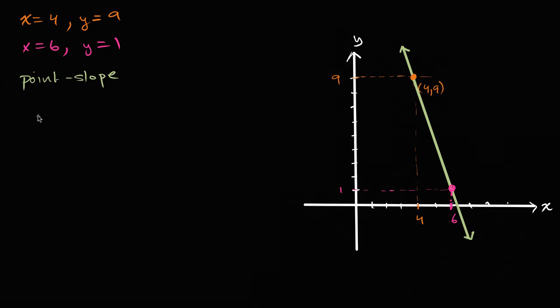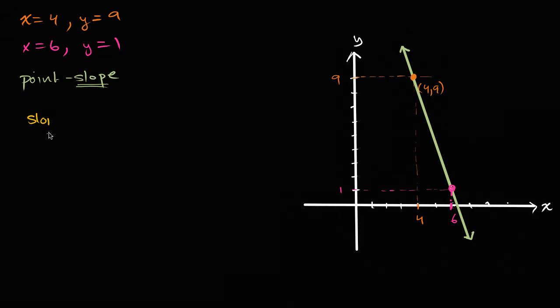Point-slope form is very easy to generate if you know a point on the line, where the x and y coordinates satisfy the linear equation, and if you know the slope of the line that represents the solution set of that linear equation. Now for sure, we were given 2 points that represent solutions to the linear equation. To apply point-slope easily, we just have to figure out the slope. And what we could do is evaluate the slope between the 2 points that we know. And we just have to remind ourselves that slope